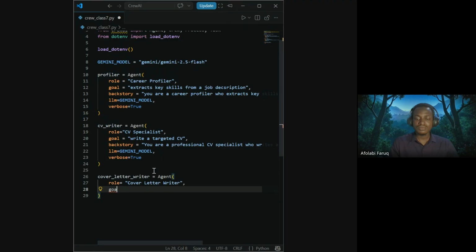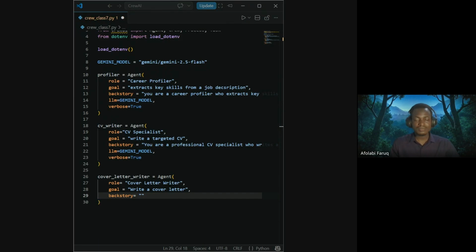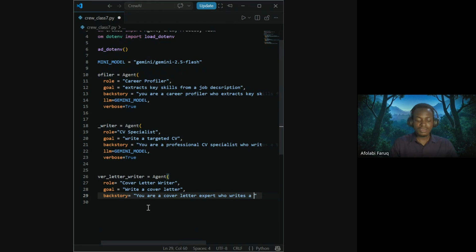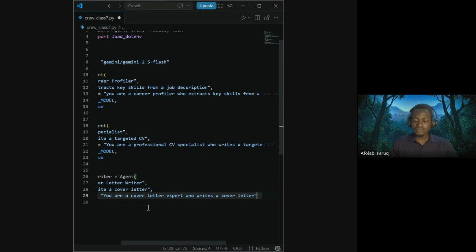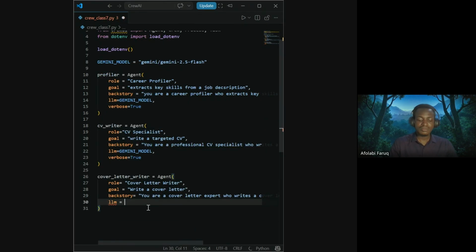Then the backstory. Here we say you're a cover letter expert. Then we have the LLM, the Gemini model.